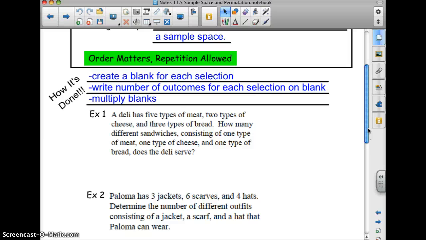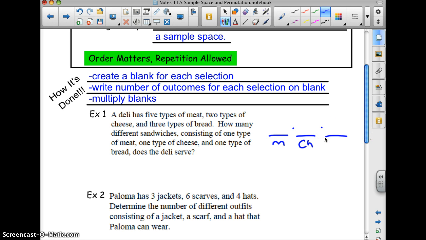A deli has 5 types of meat, 2 types of cheese, and 3 types of bread. How many different sandwiches consisting of one of each? Okay, so I want 1 type of meat, so my first blank is for meat. I want 1 type of cheese, so that blank is for how many choices I have for cheese. And then 1 type of bread. So meat, cheese, and bread. How many choices do I have for meats? 5. 2 choices for cheese, and 3 types of bread. 3 times 2 times 5 is going to give you a grand total of 30